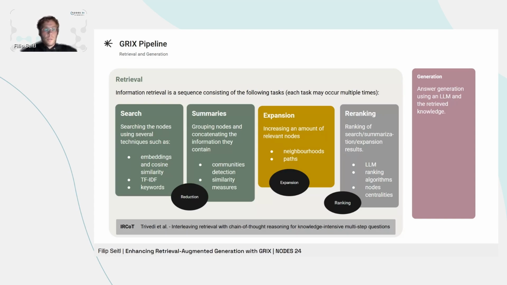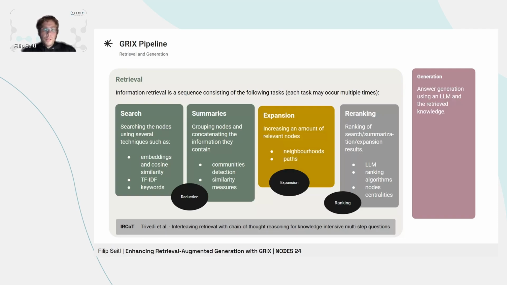Imagine that at the beginning you are retrieving the information, so you search for the most relevant nodes in your graph, or depending on the type of the question, you want to make summaries from distinct subgraphs, let's say. Then you would like to re-rank these nodes you have found in the search phase,